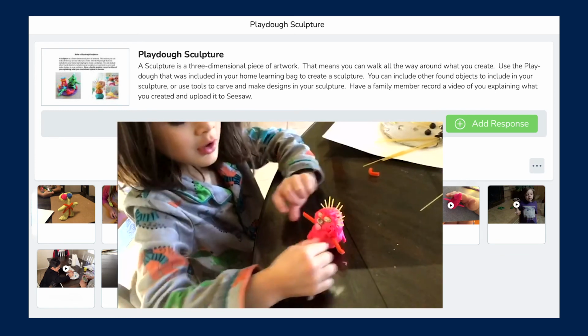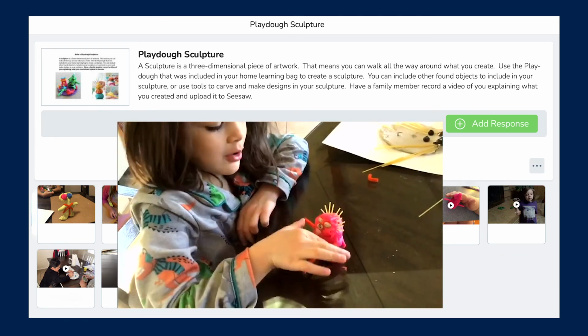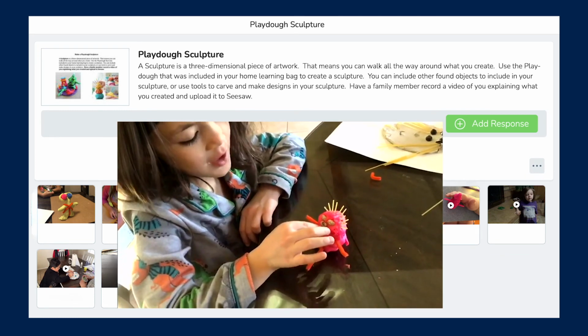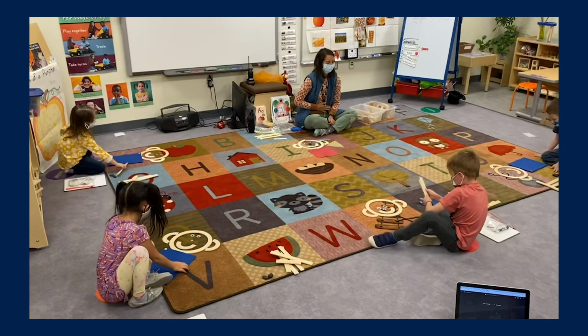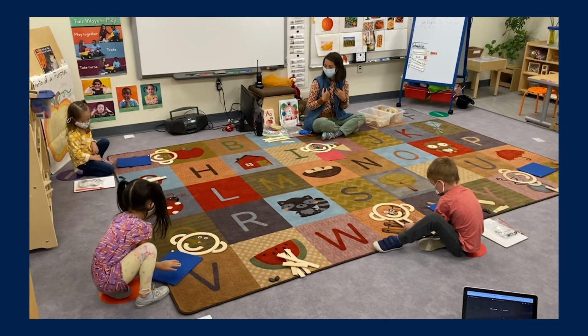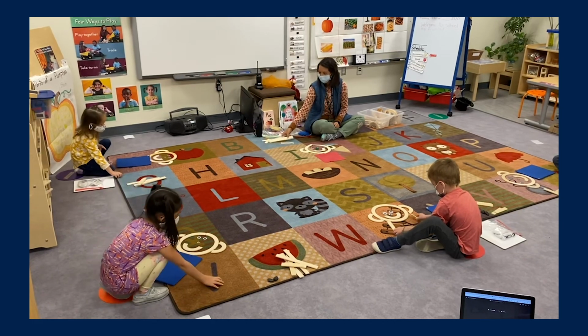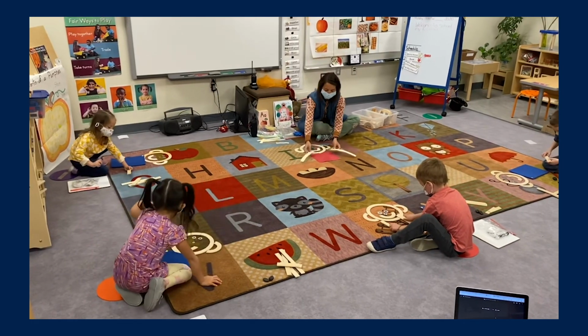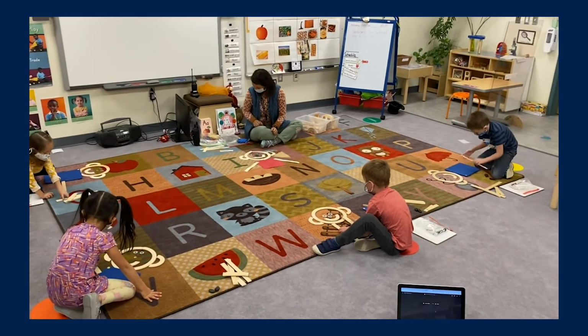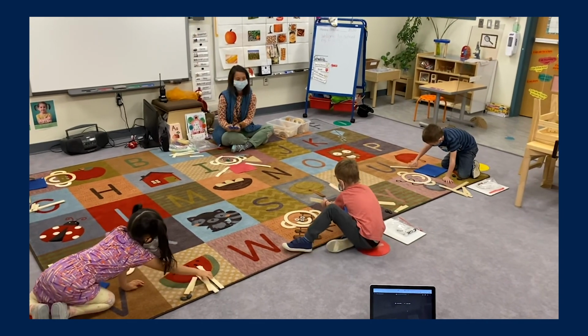Brittany and I were talking about Seesaw and even how to use it in the future. And Brittany had a great idea. She's like, well, we can use this. This is a digital portfolio that we can use from now on. And so when we do go back, we can actually record and then upload videos to Seesaw and have it organized for skills and then revisit those to really be able to observe a student. We can really go back and really look at those videos and get some really wonderful observational data.